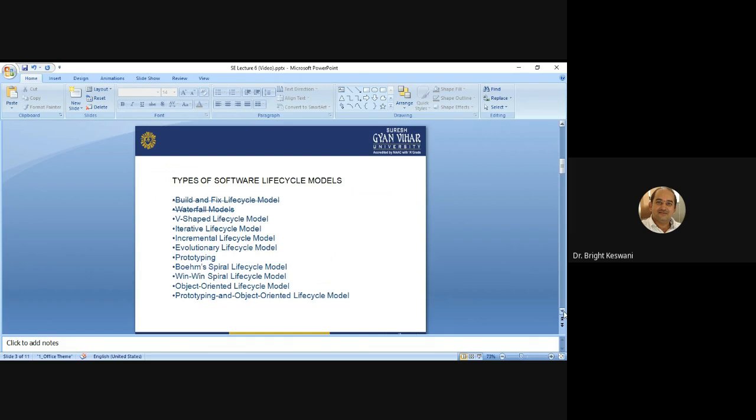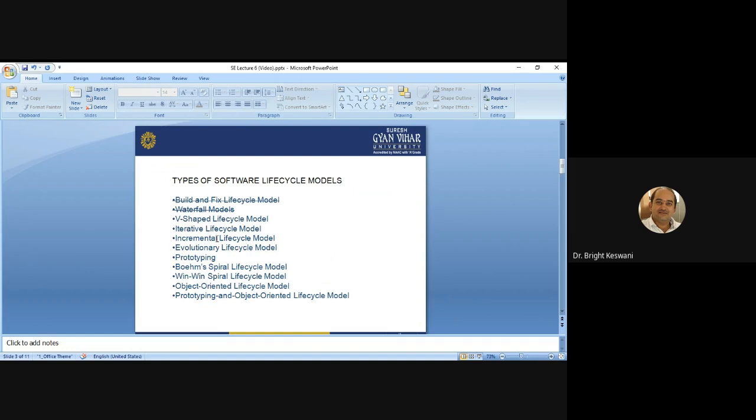In the previous class, we had discussed the original waterfall lifecycle model and the modified waterfall lifecycle model. In this class, we will discuss the V-shaped lifecycle model, iterative enhancement model, evolutionary lifecycle model, and then the prototyping lifecycle model and their types also.